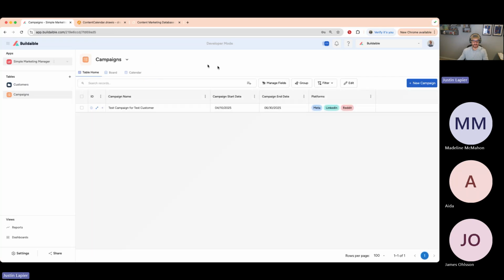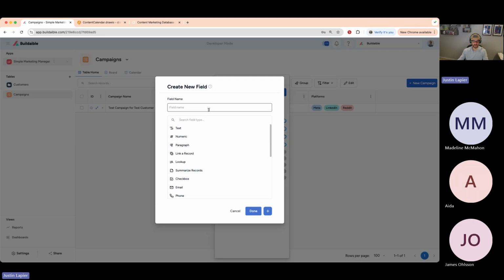So on this page, since I'm on the main campaigns table dashboard, I can go into manage fields here, new field. And the first thing that I'm gonna create is a field to link the customer to this campaign. So I'm gonna call it customer name, because it's a new field on this campaigns table. But I'm gonna choose this option right here, which is link a record. So if I go ahead and choose that,